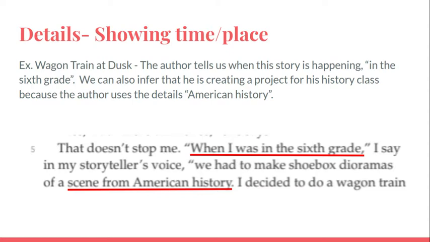Details showing time and place. So the example I put was Wagon Train at Dusk. The author tells us when the story is happening, in the 6th grade. We can also infer that he is creating a project for his history class because the author uses the details American history. So I just took a screenshot of part of Wagon Train at Dusk, and you can see that